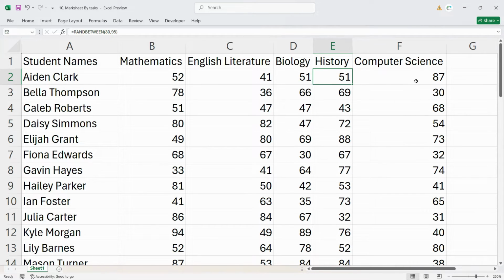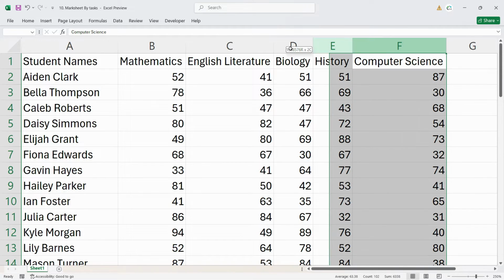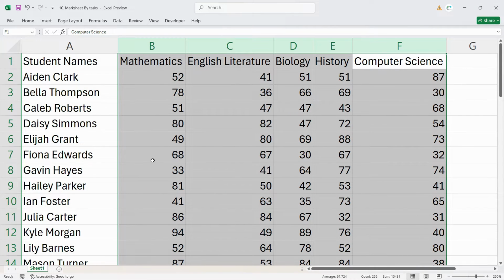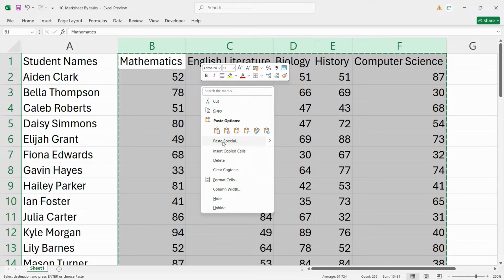So what we can do is, if you have a lot of data and you don't want to scroll down, you select all the columns which contain the formulas. So I selected from B till F, and then I just copy this or press Ctrl C. As you can see, the selection is made, and after that just right click again and click on paste special,